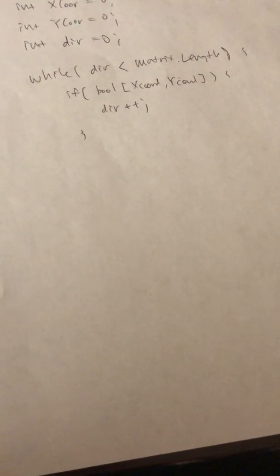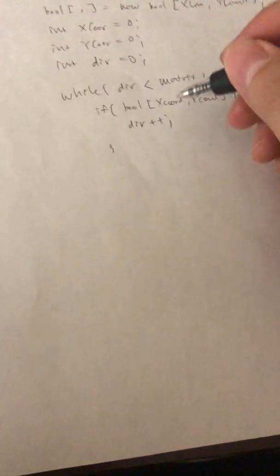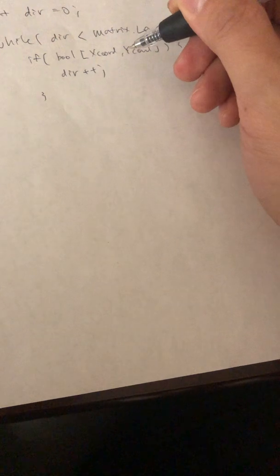Okay, so that's the first condition that I do. And the second condition is whether it's on the edge, but that also depends on the direction I'm taking. So on my first iteration, this is obviously going to be false, right? So I'm going to do